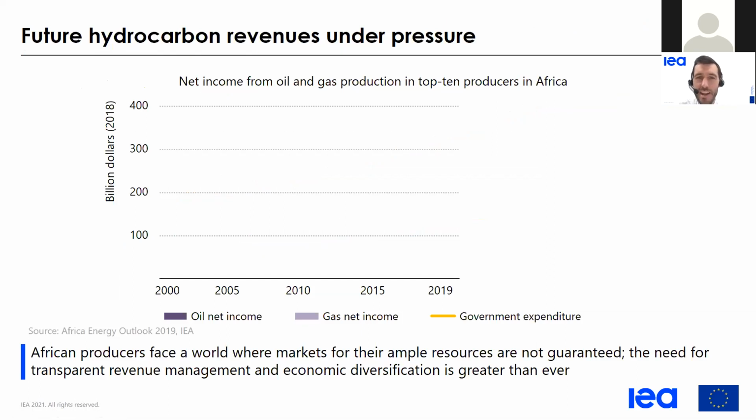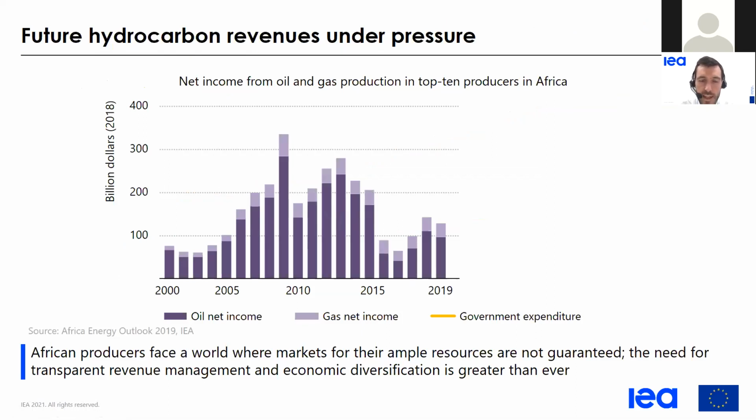Okay, one more analysis we would like to share relates to the revenues that governments are making from their resources. In this analysis, we've taken the top 10 oil and gas producers in Africa, and we have tried to look at how much money the states were making from production and exports of oil and gas. What you can see is that variations are very high over a period of 2 decades, and this relates to volatility in prices. It also relates to changes in volumes produced.